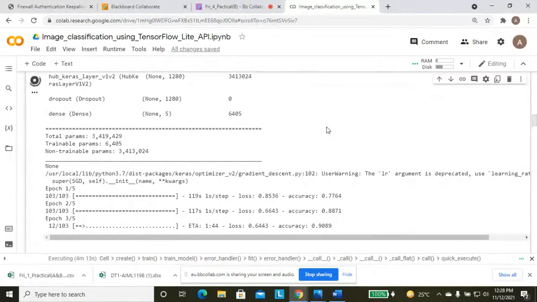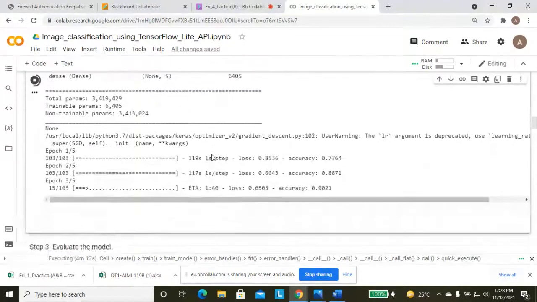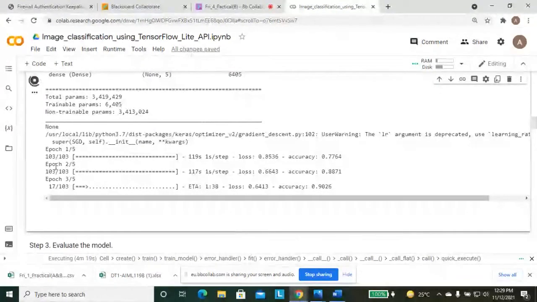It is taking more than 5 minutes because you can see here the total count is 103.